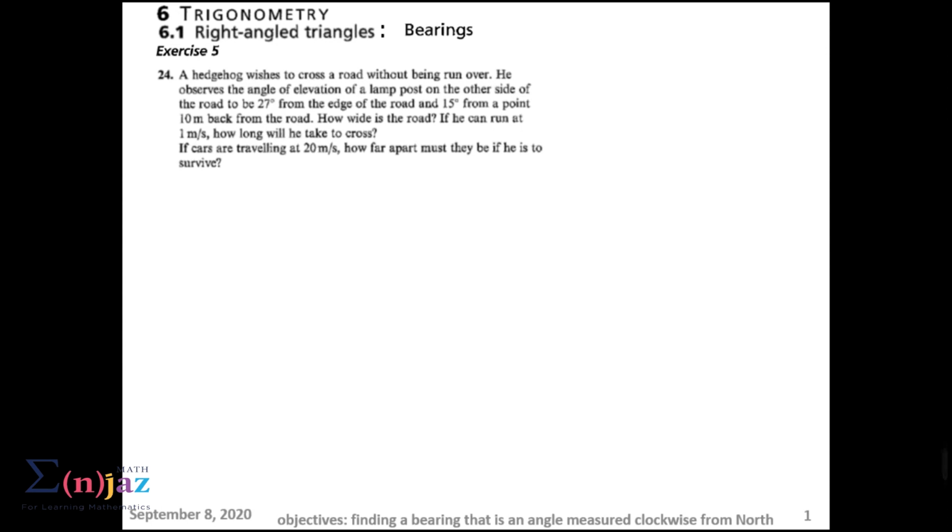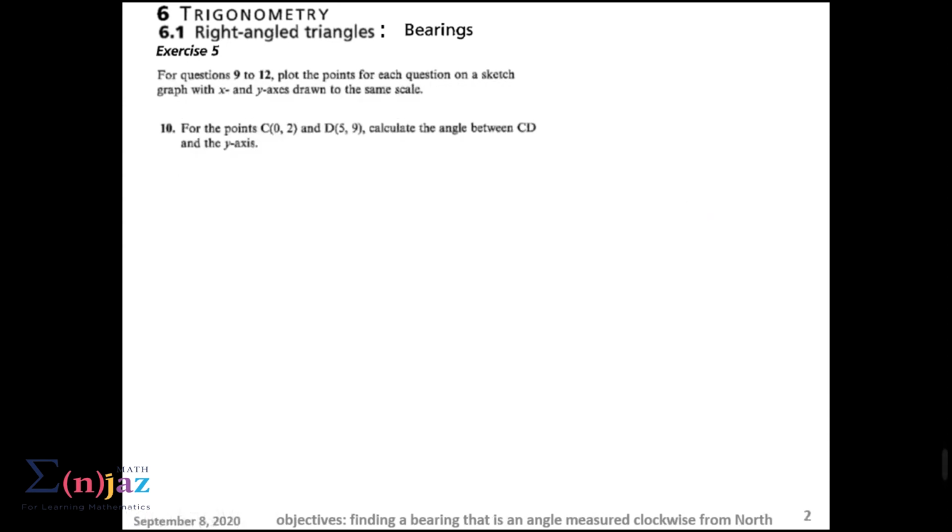I left this question for you in the previous video, but before I get started with solving this word problem here, I would like to warm you up with the following question. In this question, for the points C, which is (0, 2), and D, which is (5, 9), calculate the angle between CD